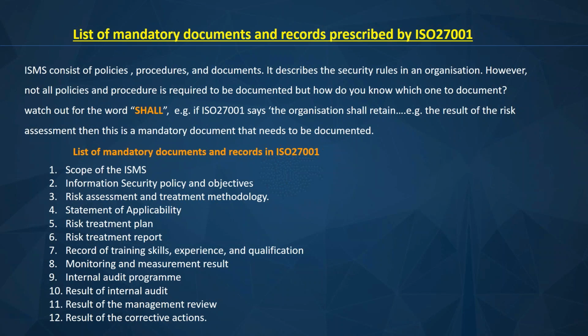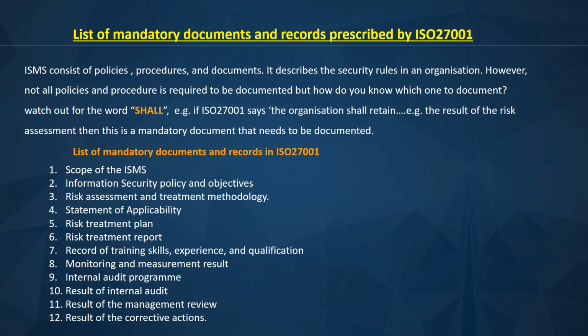So when the assessor comes, he's going to ask you, so what is the scope of your ISMS? Is that documented? Where is it documented? Oh yeah, the scope of our ISMS, we are just focusing on the business operations, on the customer operations center. Yeah, this is where we documented it. Okay, these are the documents they want to see.